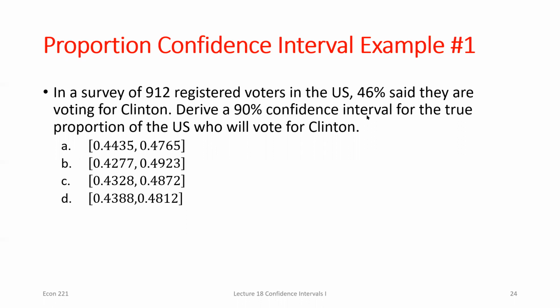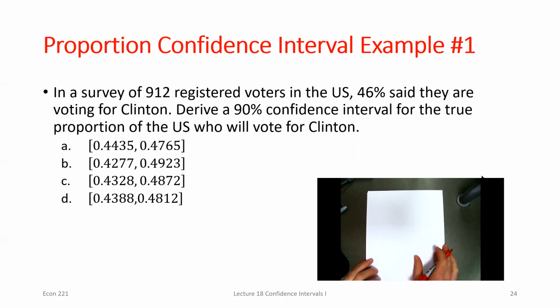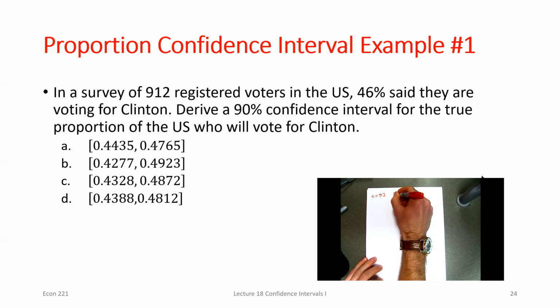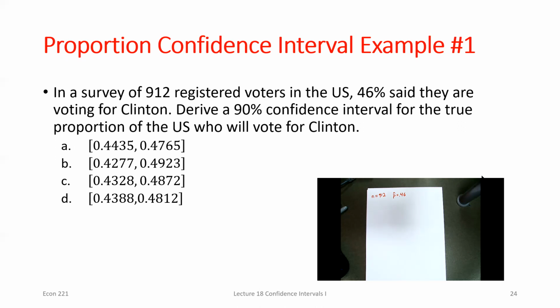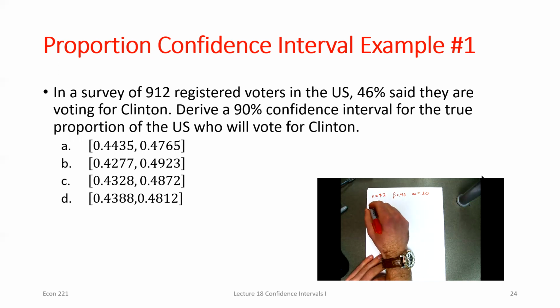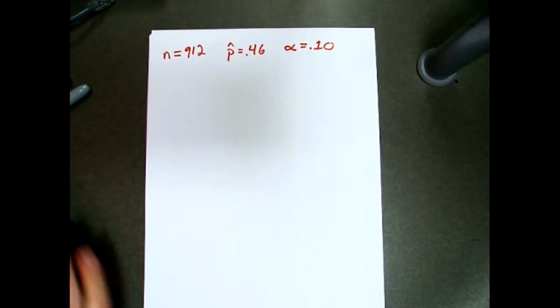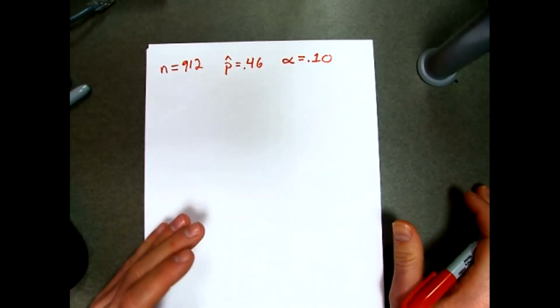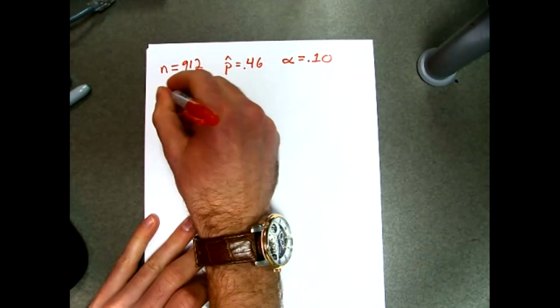There's a survey of 912 people. So we can already start thinking about how I am going to build this confidence interval. Well, I've got 912 as my sample size. The proportion of people who said they were going to vote for Clinton in this 912 people was 46%, or a sample proportion of 0.46. If I wanted to build a 90% confidence interval, what would my alpha value be? 0.1, or 0.10, however you want to think about it. And so I can build the confidence interval for the true proportion of people who are going to vote for Clinton. So if I write this down,